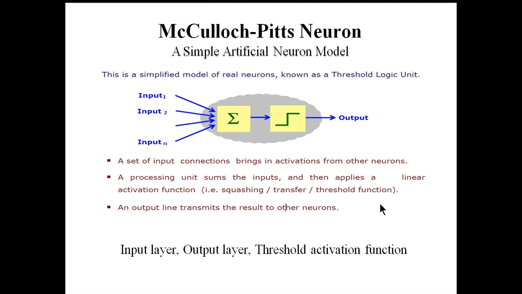So this is basically the working principle of a simple neuron. There is a processing unit, or accumulator, where inputs come in, and the output of this accumulator goes to a threshold function, or activation function, where if the output is greater than some predefined threshold, then the output will be 1, else the output